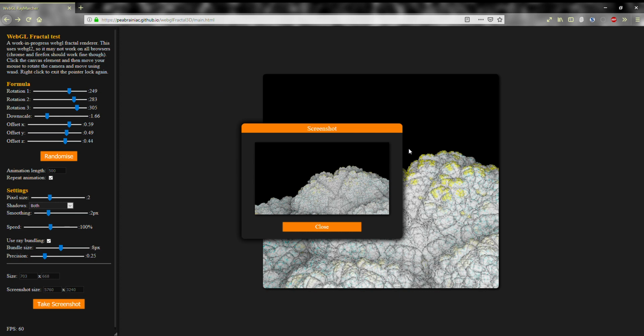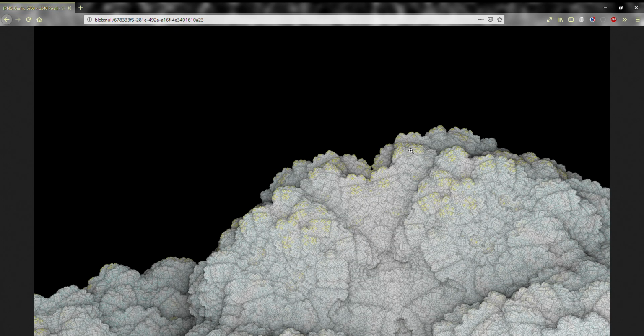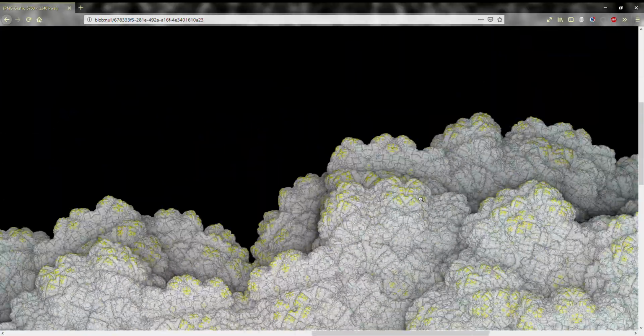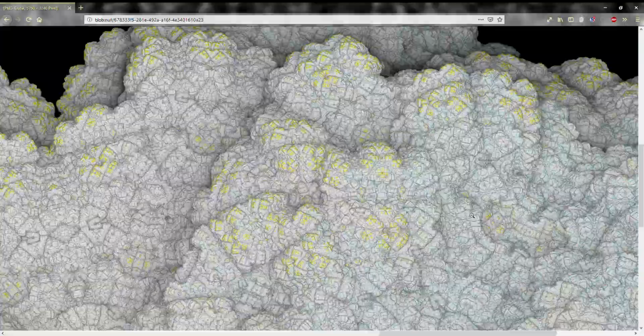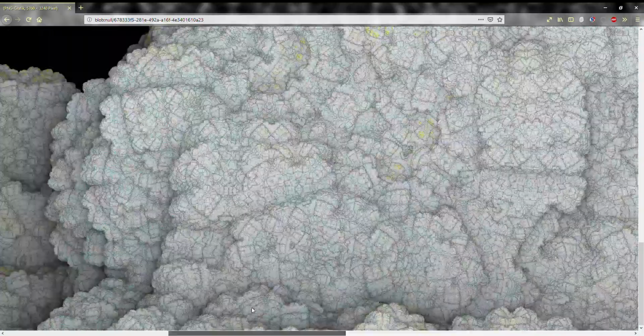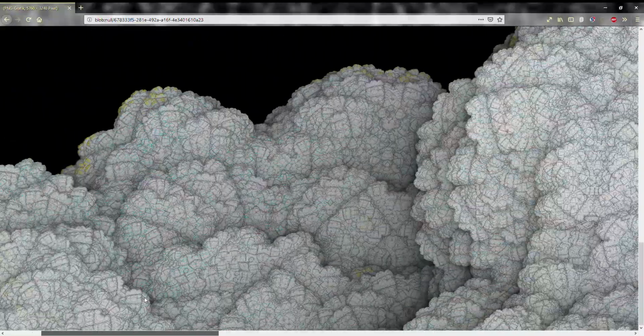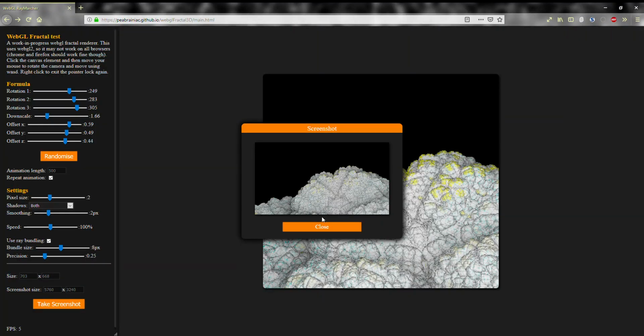Interestingly, the browser takes longer to process this screenshot and display it than it takes to render it. So even after the pop-up is there, you still need to wait a few seconds until you can actually view it in your browser. At least in Firefox that's the case. But yeah, as you can see, there's really a lot of detail in here, so that can also be used to get some pretty interesting images.